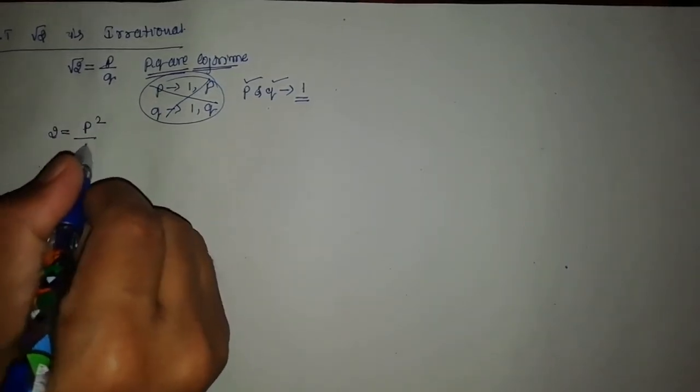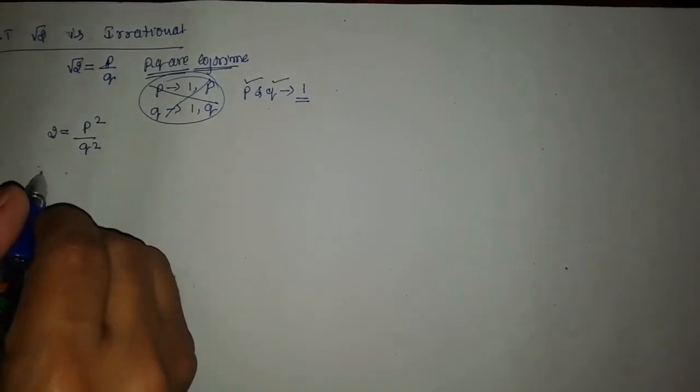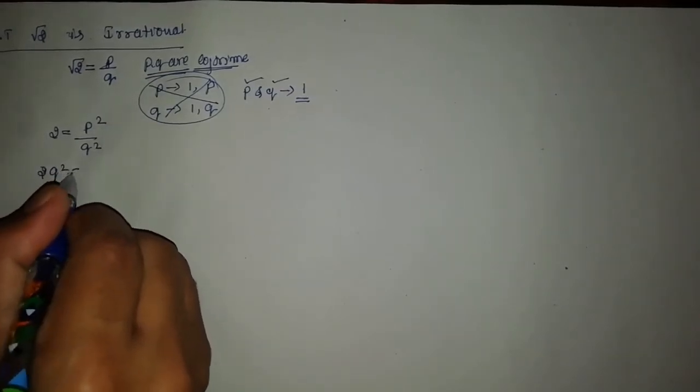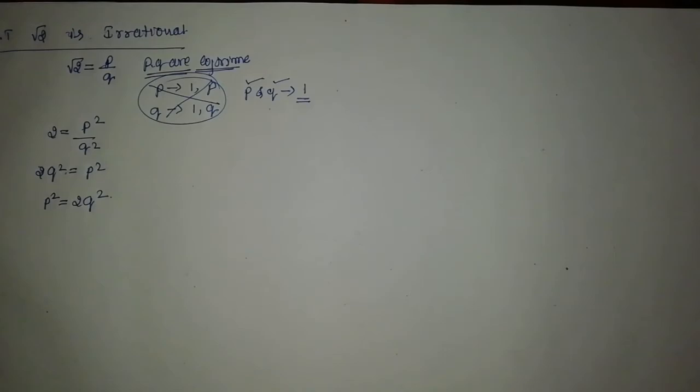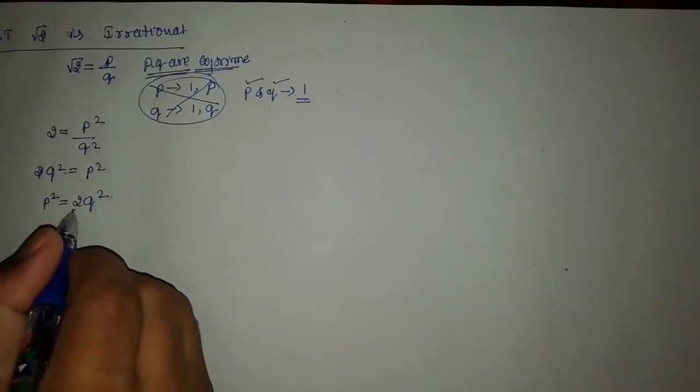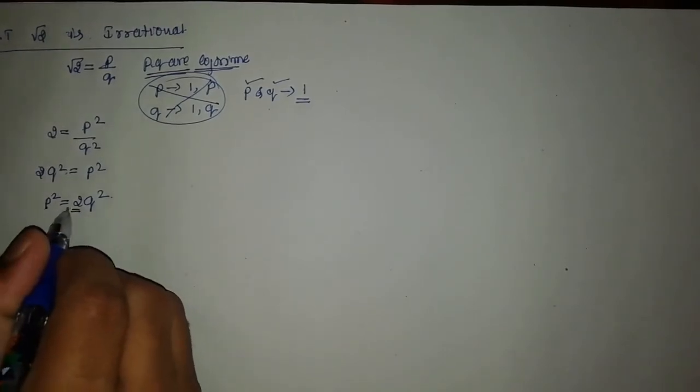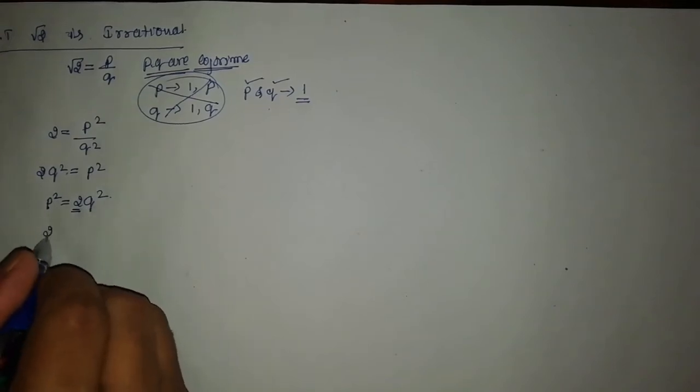2 is equal to p square by q square. Now I'm going to shift this one. 2q square is equal to p square, or else you can write it like this: p square is equal to 2q square. So now look at how it looks. If you write p square is equal to 2 into q square, it shows that 2